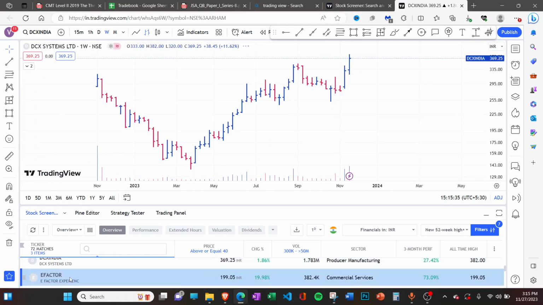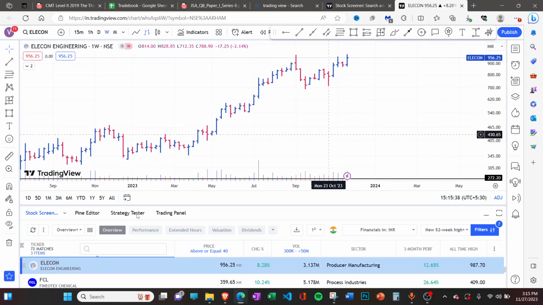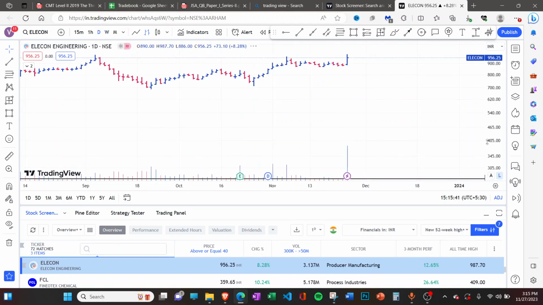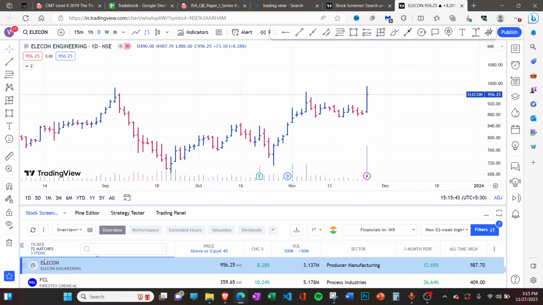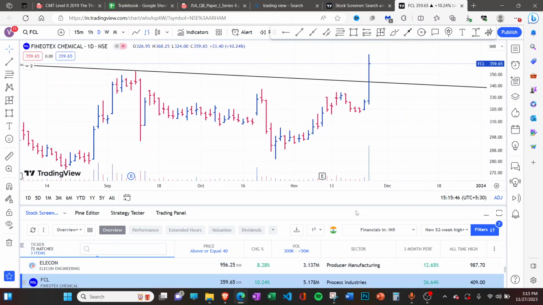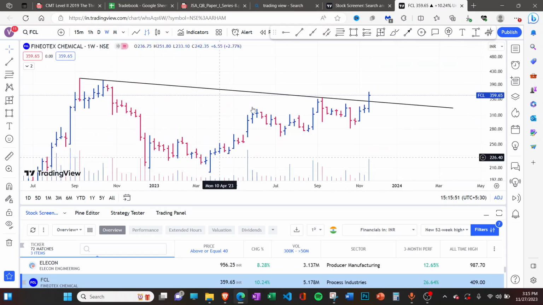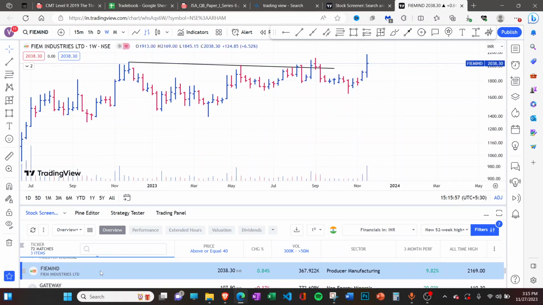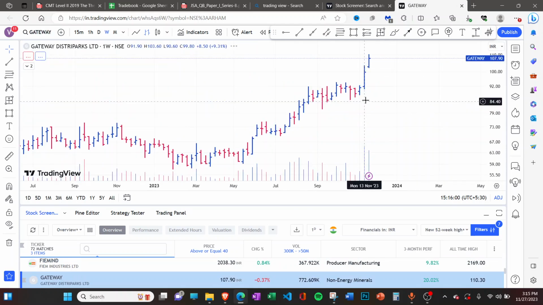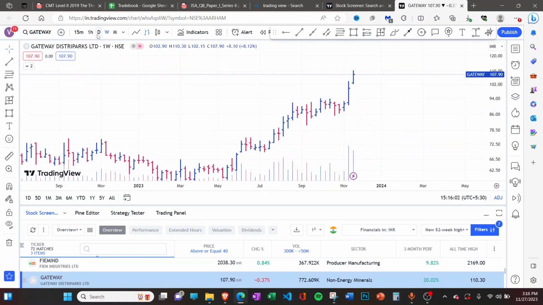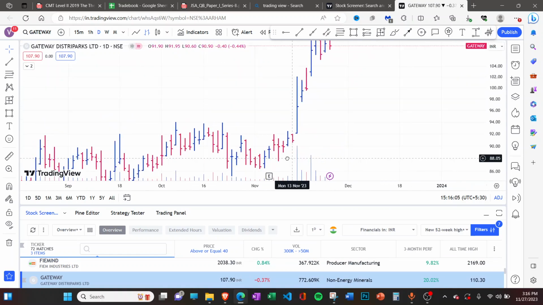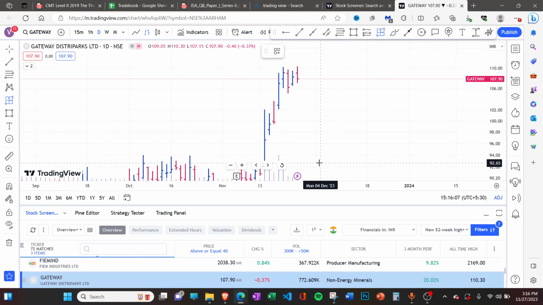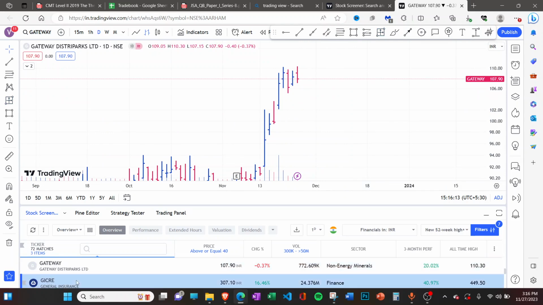If you look at the DCX India, or maybe the Alcon Engineering, on the daily chart, it is coming out of a cup and a handle. If you look at the Finotex Chemicals, again it gave a very strong move on Friday, more than 10%, and it is also coming out of a very big range. If you look at Fame Industries, again coming out of a big range right here. The Gateway District Parks consolidated here a few weeks, months back, then a very strong move up from here of around 20%, and now again is forming a small range,